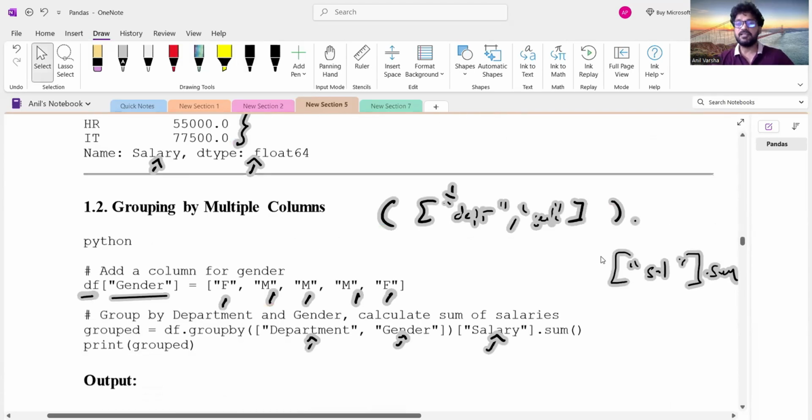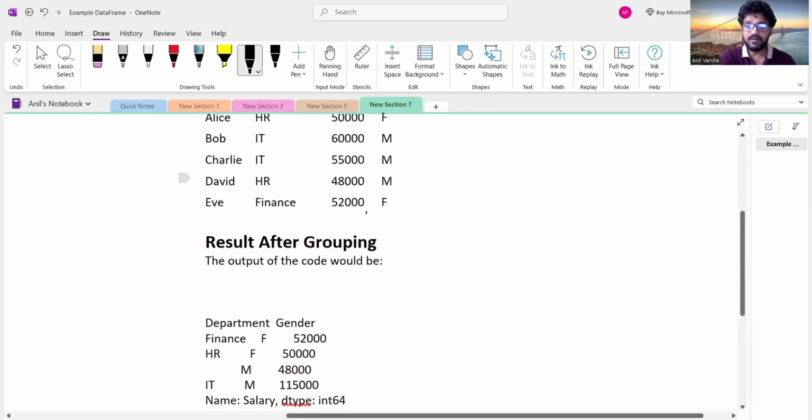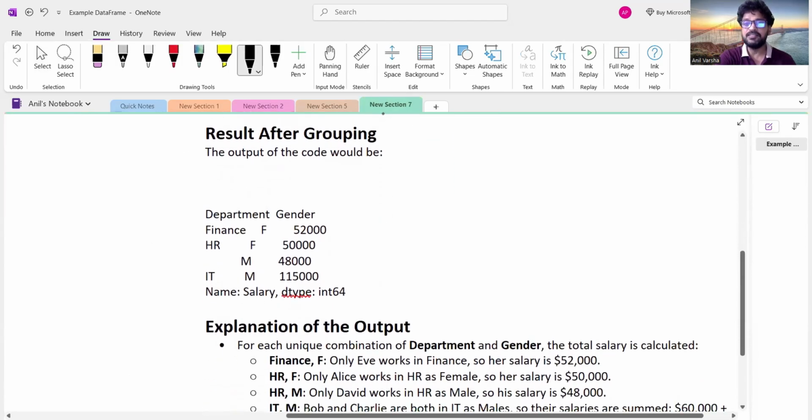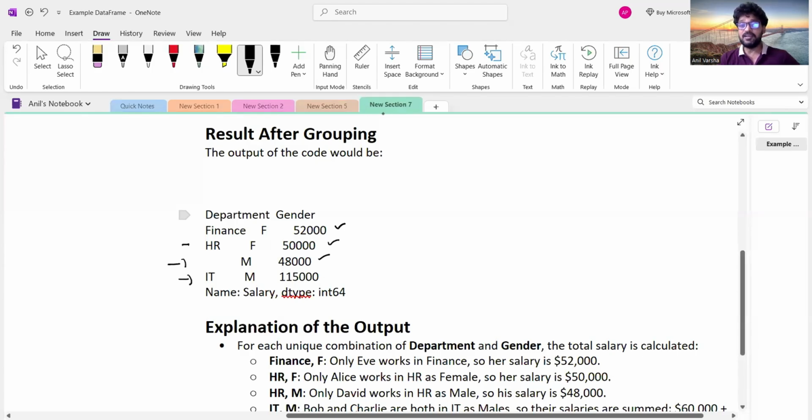How exactly is it going to work? I will show you. Now, what will be the result after grouping? In finance, there is one female, and the salary is 52,000. In HR, there is a female, and the salary is 50,000. But in HR, there is also a male, and the salary is 48,000. But in IT, there are two people, and their sum salary is